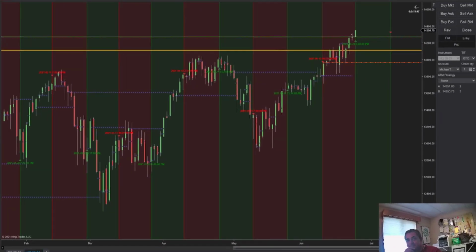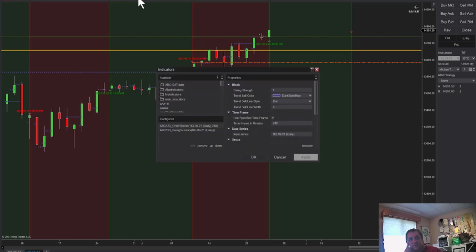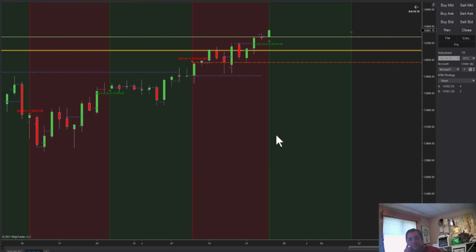Good morning. Let's start looking at these charts here, and let's see exactly what happened in our last phase. So on the daily chart, what we can see, oh, look at this, it did go back to the order block. We've got an order block here and an order block here. I'm using a 4-hour order block. So I'll show you the indicators here. Just the swing scanner and order blocks. Now what I thought was really interesting,